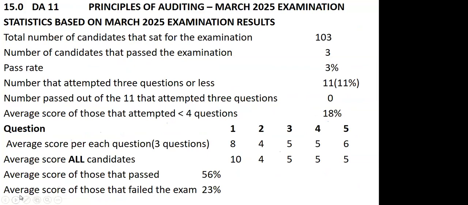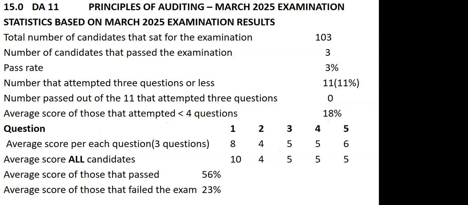You see? Okay. The total number of candidates who sat for this paper was 103, and I think only 3 out of 103 passed this exam. That was very, very poor indeed. And you can see the average score, I think, is given there, is very low, much less than